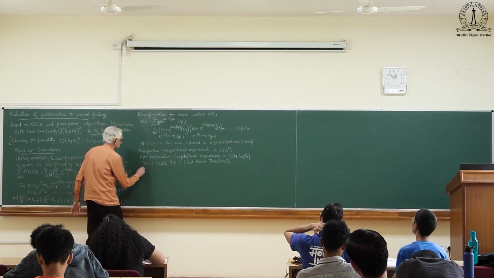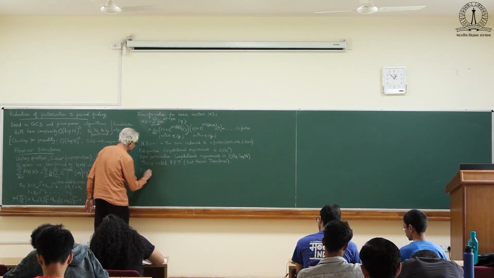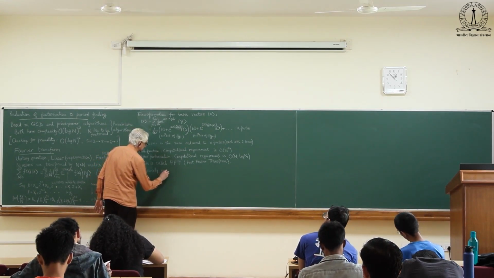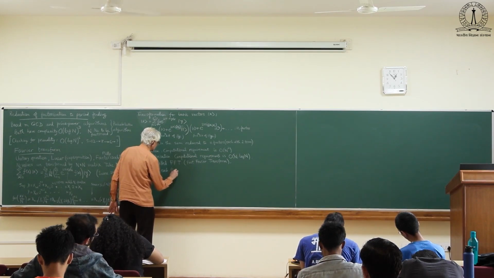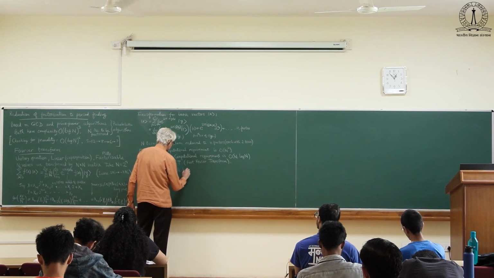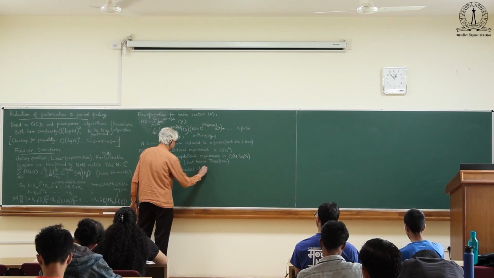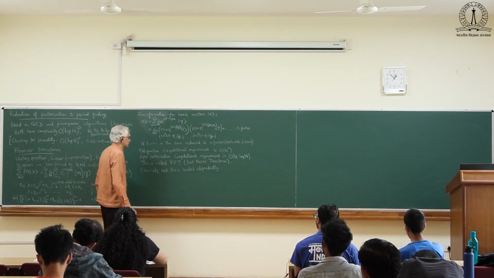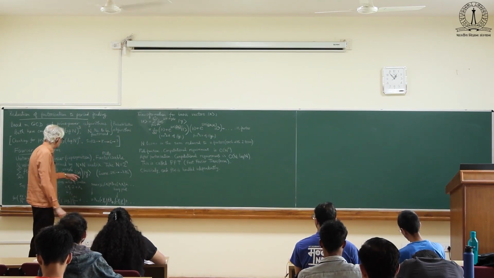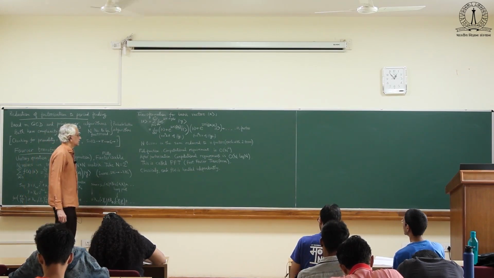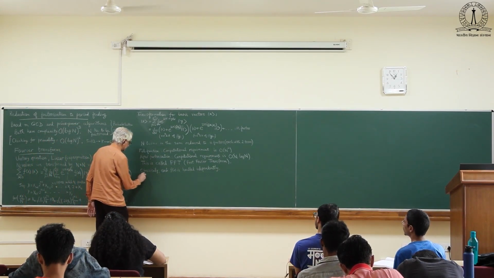So classically, each f of x is handled independently. You will calculate for one value of x, then another value of x, and so on. The quantum trick